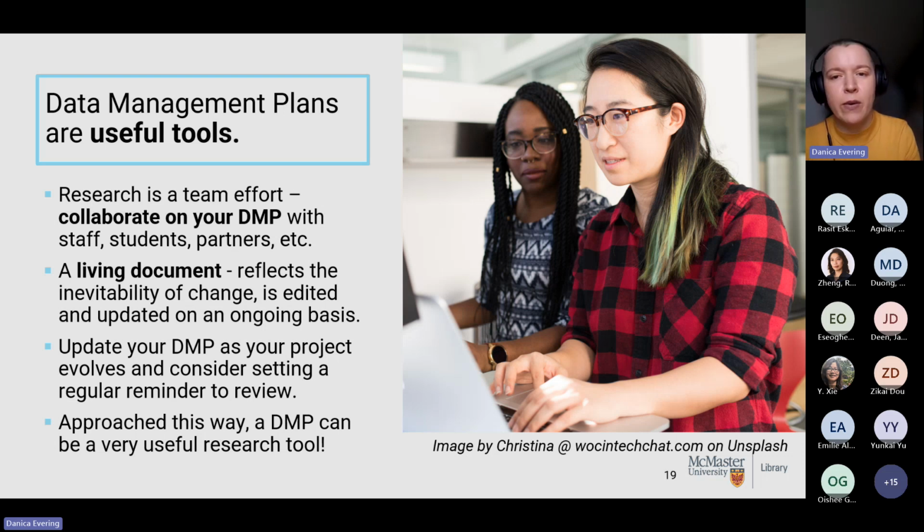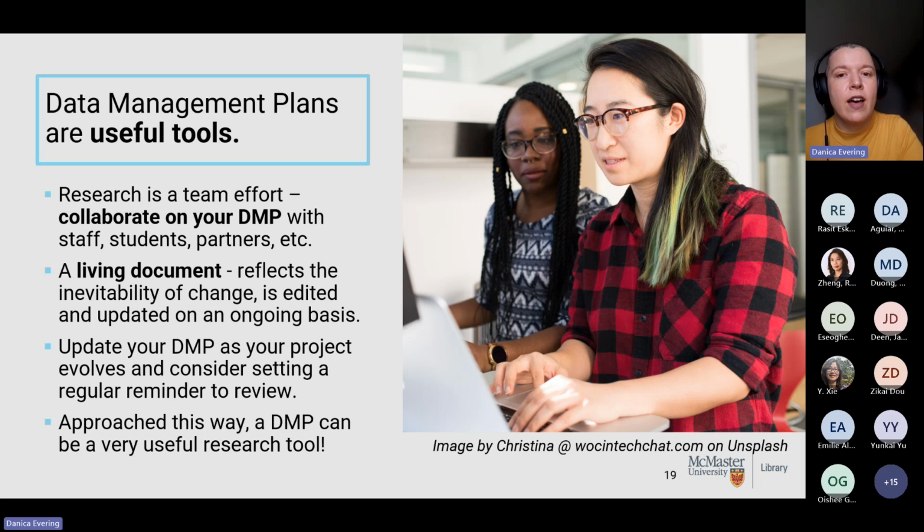And you might say, I don't really know what I'm doing yet. That's okay, it's a living document, so it should not just be a thing that you complete for your grant application and send in and forget about. The tri-agencies are anticipating maybe a mid-grant review of a DMP to see how it's changed since you submitted it in the first place. And also it's just helpful to use it as a document.